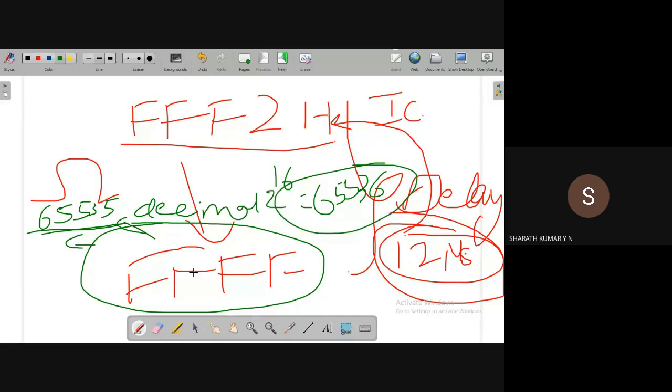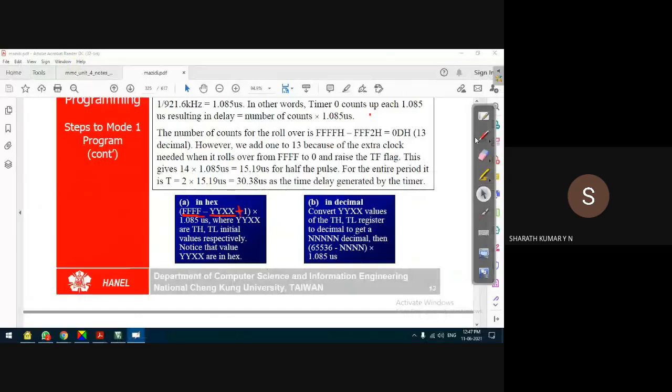That means this final count corresponds to 65,535, which is one short of the maximum number of clock pulses that can be counted by the timer. So plus 1 is added to get the proper count, that is, the number of clock pulses counted by the timer.